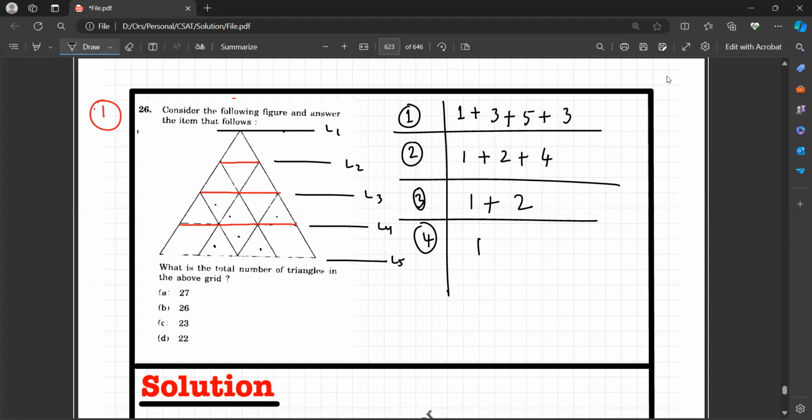If you add them, this will be 3, 3, 6, 6, 6, 12. This will be 4, 2, 6, 1, 7. This will be 3, and this will be 1. 12, 10, 22, 1, 23. So the answer would be 23. If